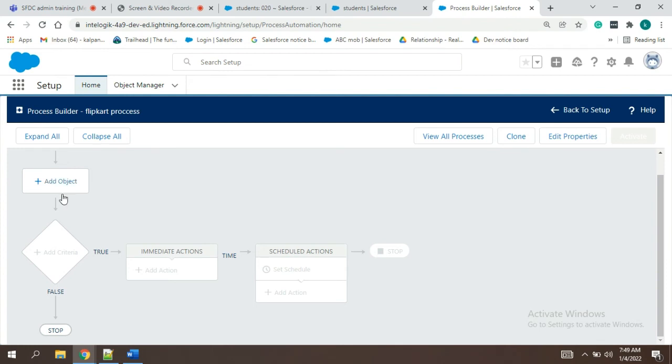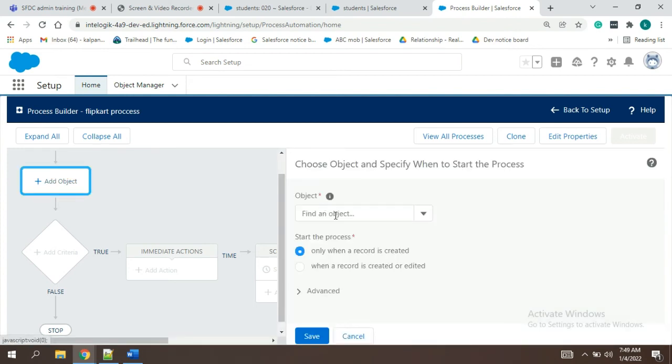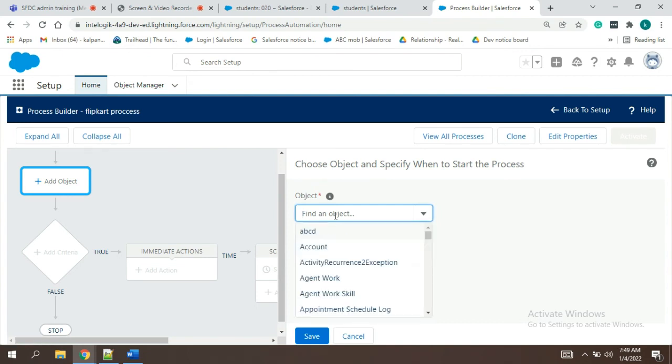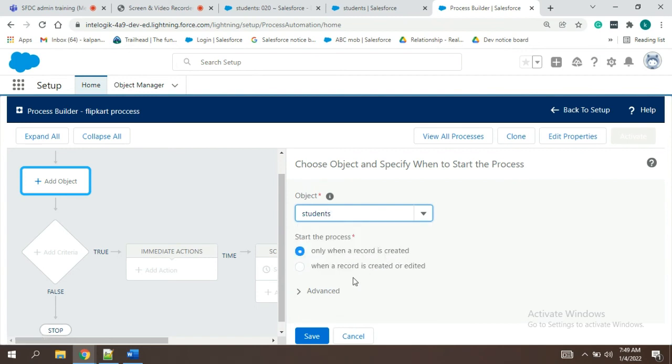It is telling that first we have to add an object. You can add any object, but once you have selected an object, you cannot change it, guys. Only when a record is created or edited, or both, whichever you want, you can save it.